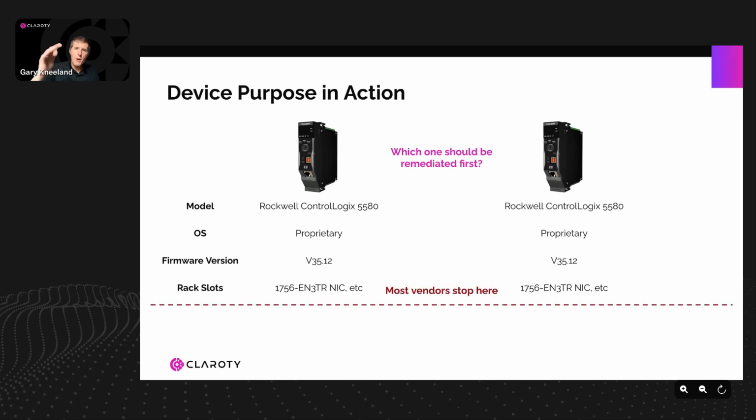Well, this is where most vendors stop, right? They stop at this level. They give you that information, which is good. It's definitely good to have, but it doesn't give you the context to take the next step. This is where, if we bring in device purpose, I can pull in that extra information. So again, this device on the left, even though it looks identical to this device on the right, is part of my raw materials receiving. And the device on the right is part of some batch processing system where it's line 50 out of 75, right?